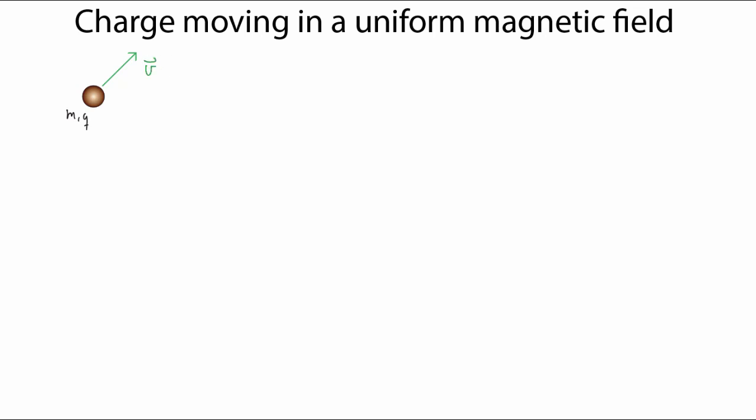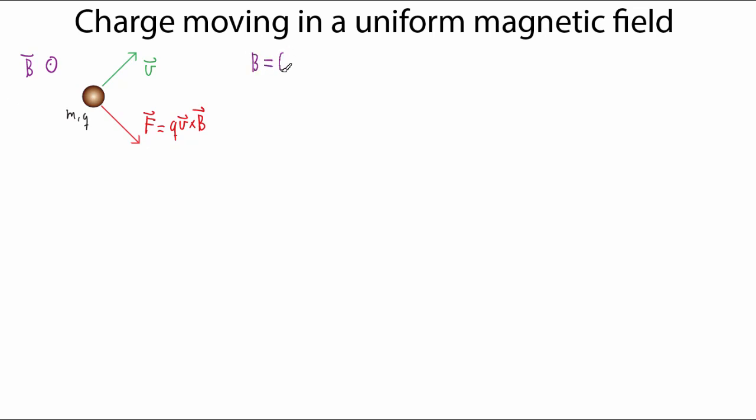We also have a magnetic field present, but it will be pointing out of the screen. And under those circumstances, we know that there is going to be a force applied to this charged particle. This is the magnetic force, so it's going to be equal to q times v cross B. Since the magnetic field here is uniform, we're going to take B